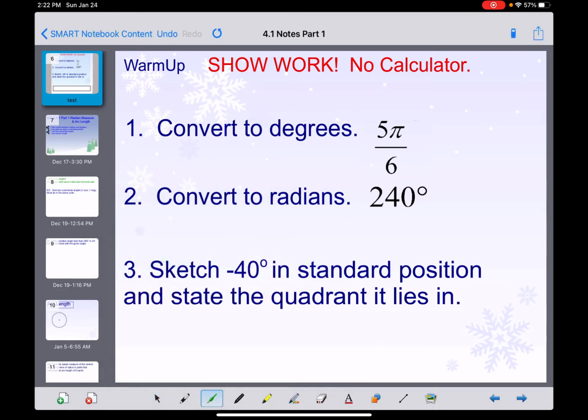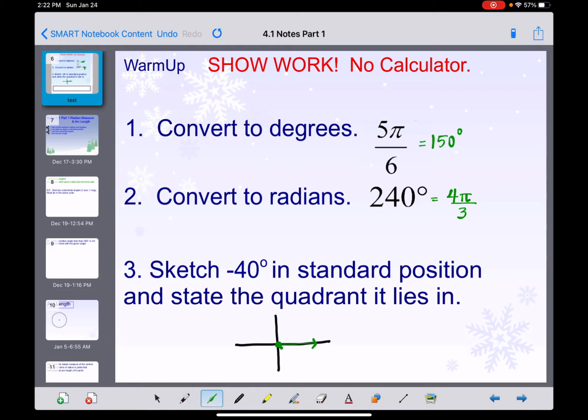Okay, at this point, you should have worked these problems out on your own without a calculator. So for number 1, you should have gotten 150 degrees. For number 2, you should have gotten 4 pi over 3. And for number 3, as you drew this in standard position, you want to make sure you have an arrowhead